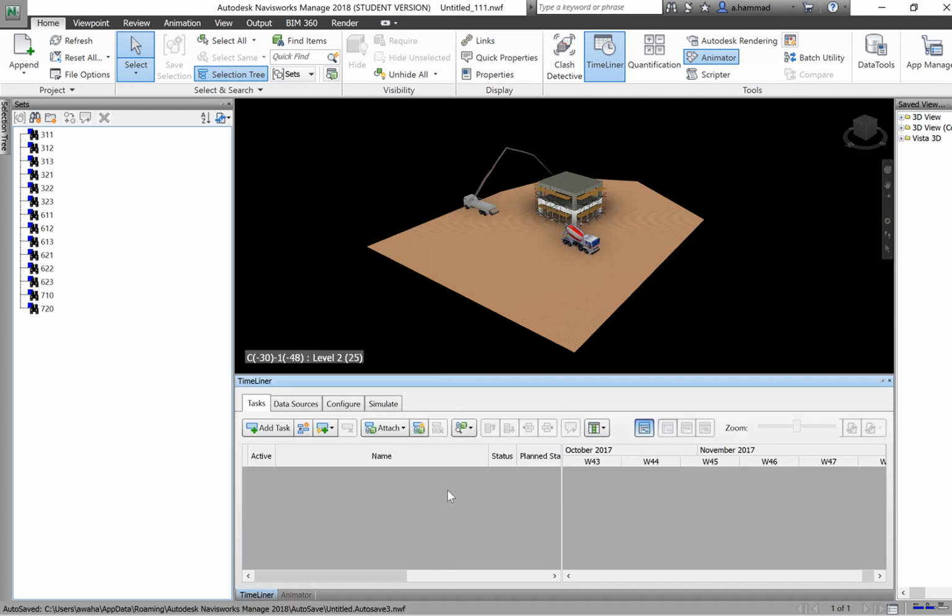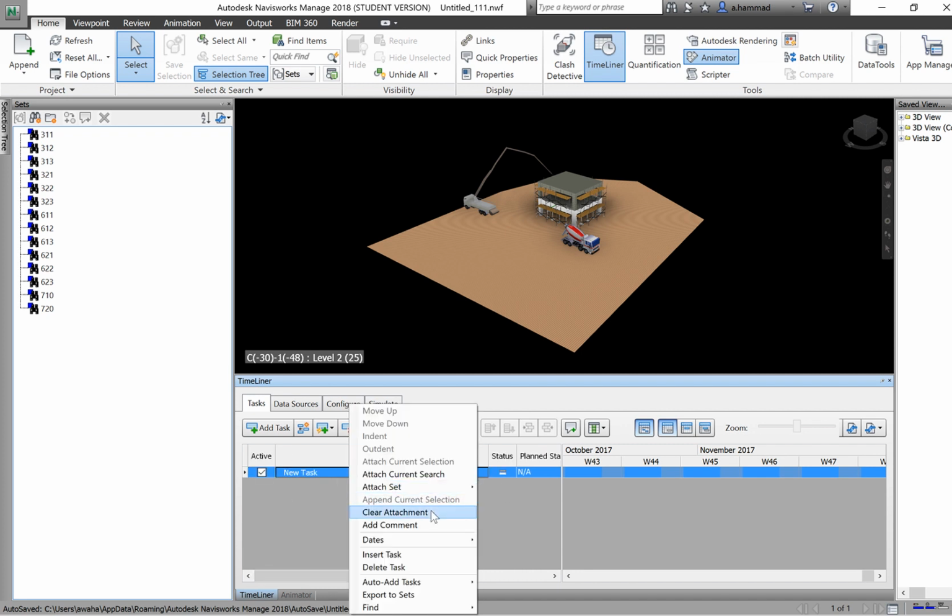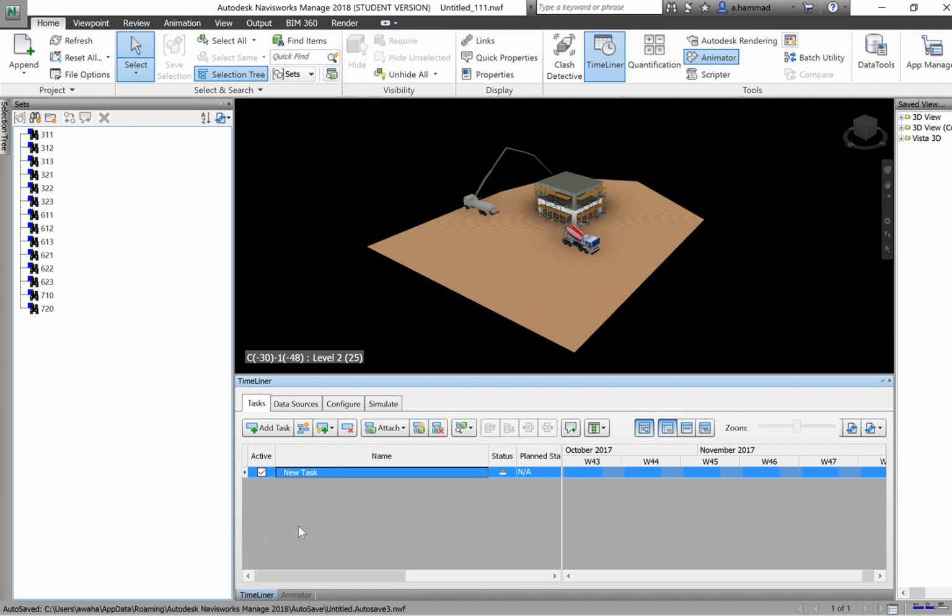So there's multiple ways of adding tasks to your timeline. One way is to just basically go add a task, name that task, say maybe concrete, and then place a planned start and a planned end date. Another way, which is the way that I prefer personally, is say let's just